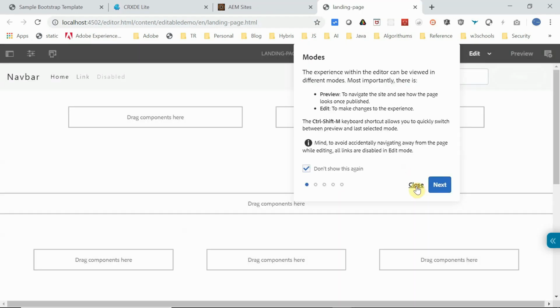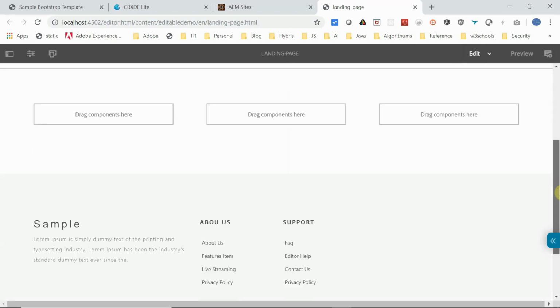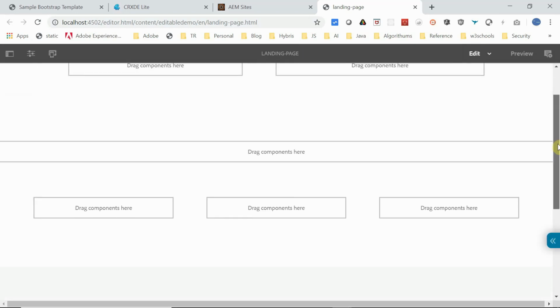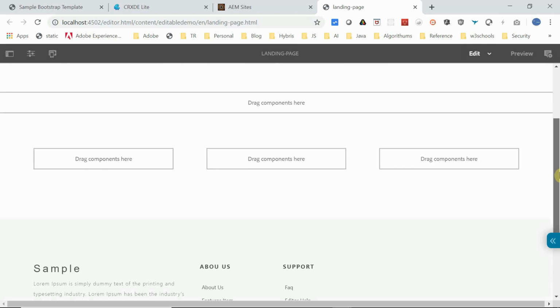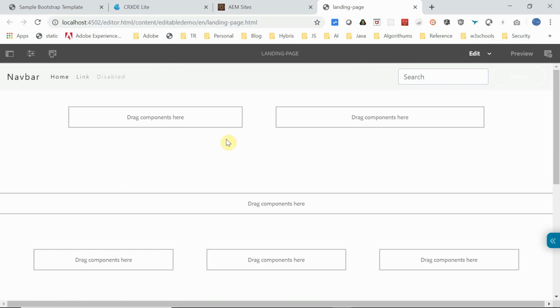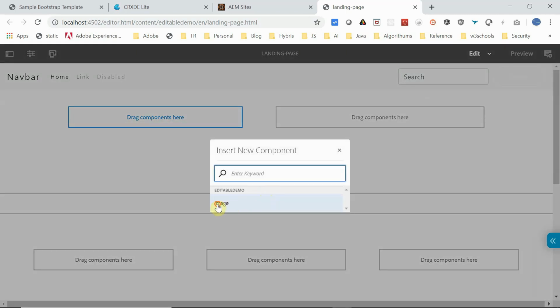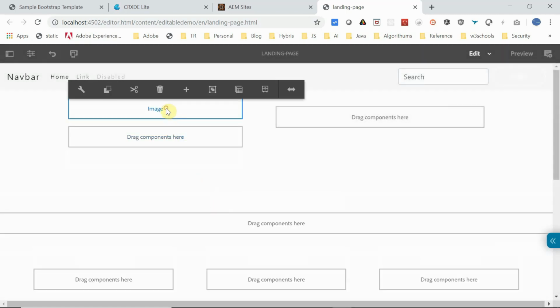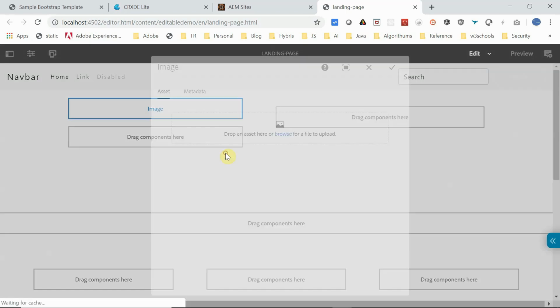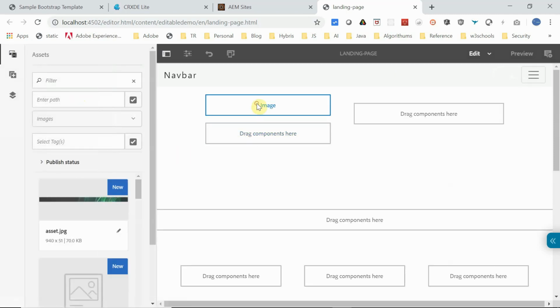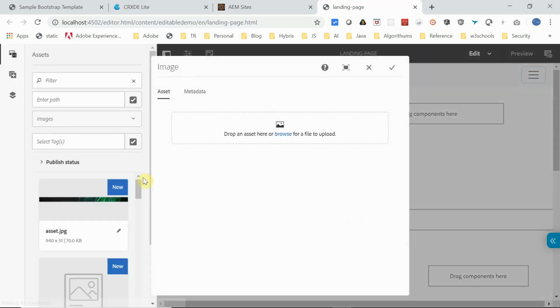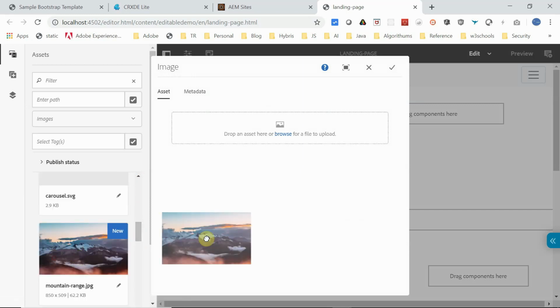Okay, now if you see the structure, you can see it clearly. There is a header, there is a footer, there is a top row, then a middle row for title, then we have the bottom row. Now the author can go and add the required components, but if you click plus, he will only be allowed to add the image component. So go to the image component and click configure. You can select whatever image you need. Let me go with this image.